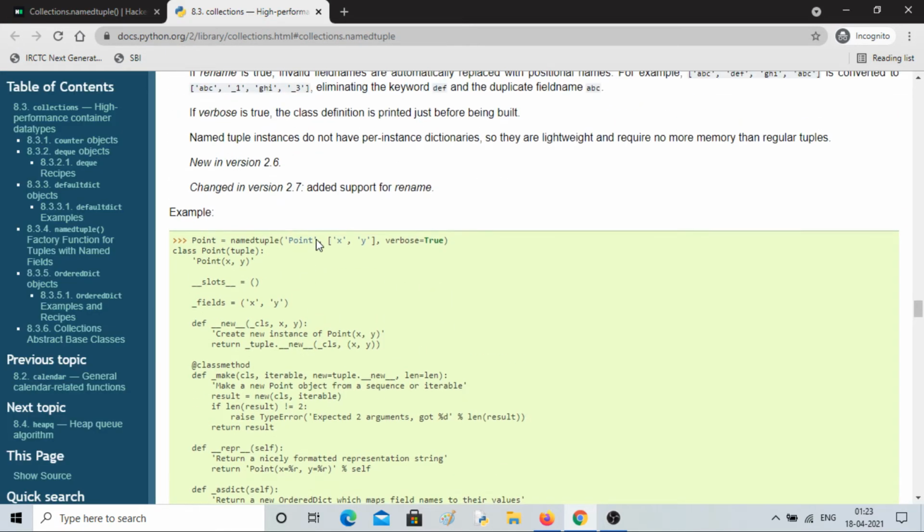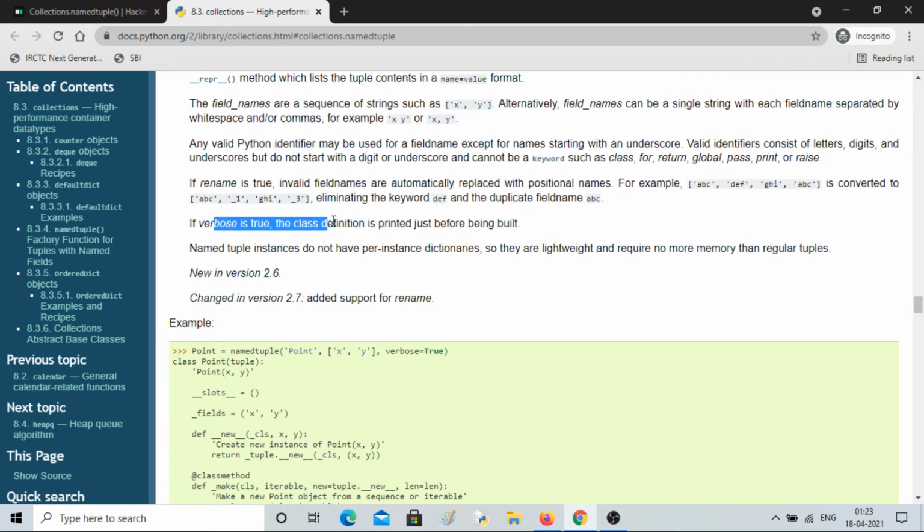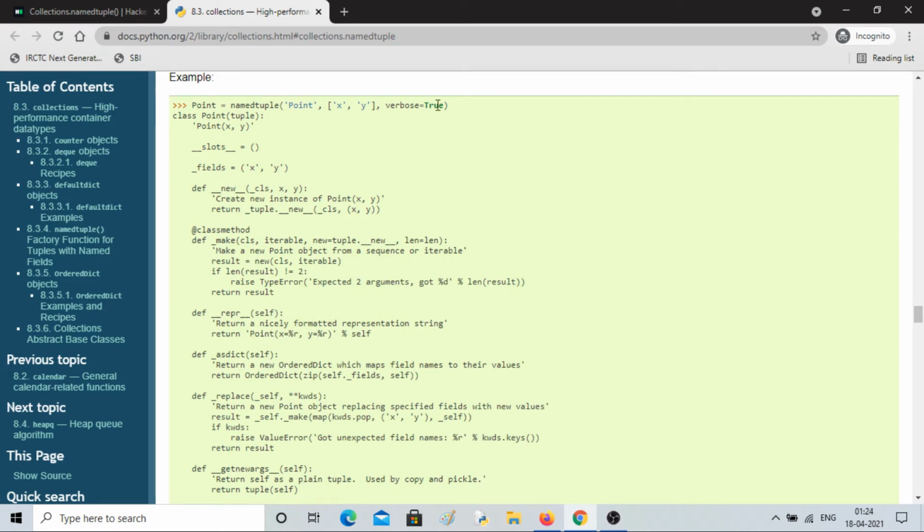Here you can see the point name, then this name, and the input is given in list form. Okay, verbose is true means it will print something. Verbose is true, the class definition is printed just before being built. So the class definition is being built because he gave true here.